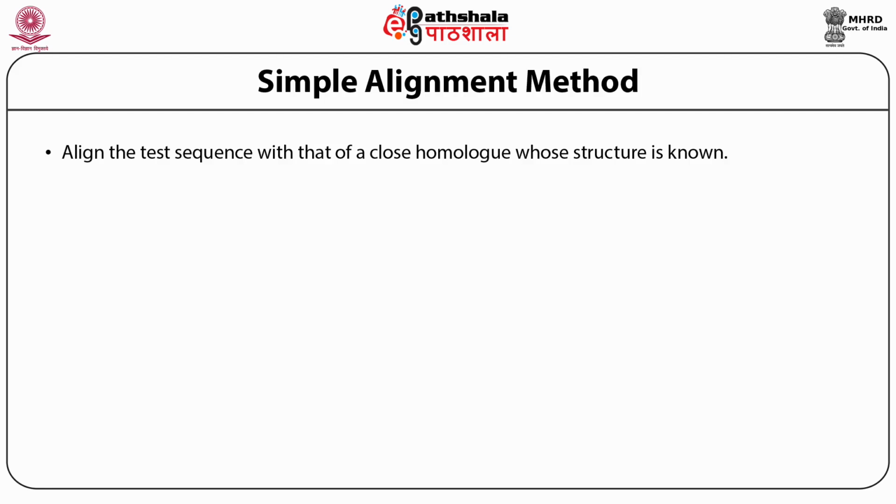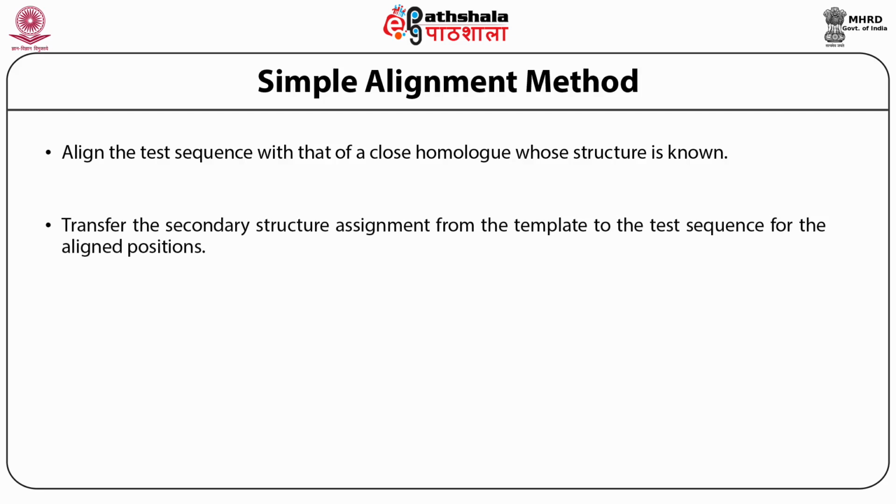Once I do that, I see the first 16 amino acids and the part which aligns with it. If that part in the known structure is a helix, then clearly I would expect that the part it aligns with in the unknown sequence should also be a helix. So essentially we align two sequences, one of which has a known secondary structure assignment, and then we transfer the known assignments from the template to the aligned part in the target.